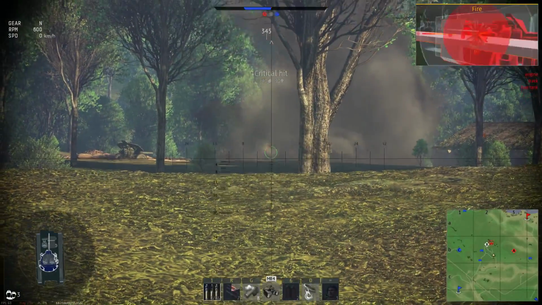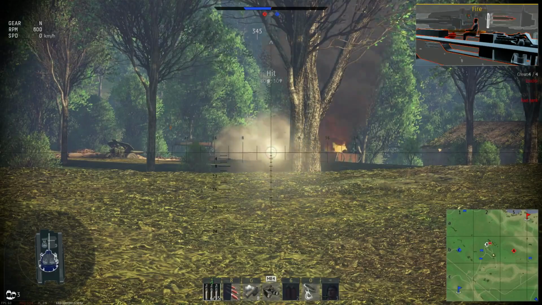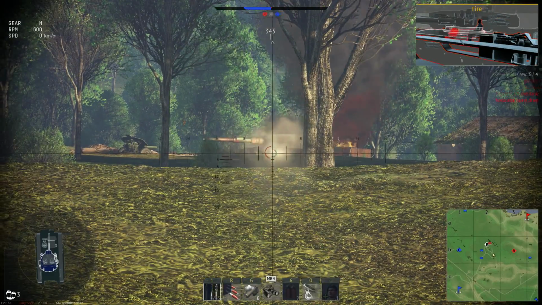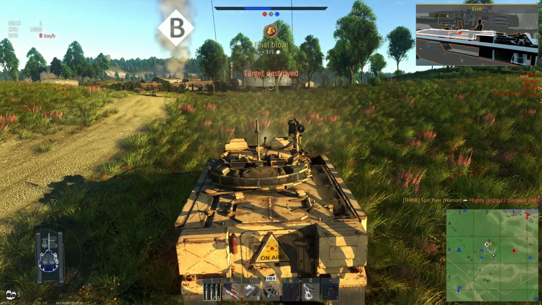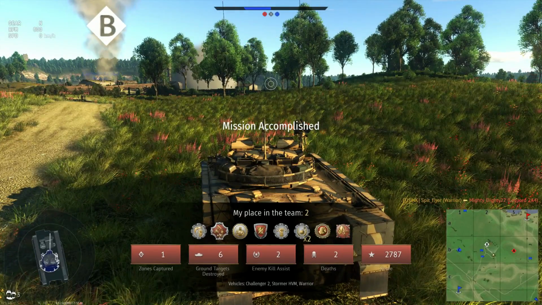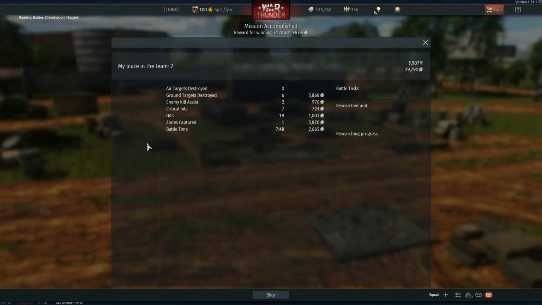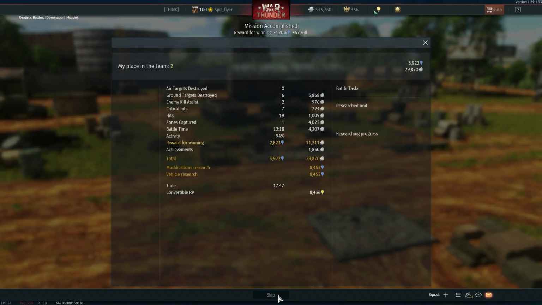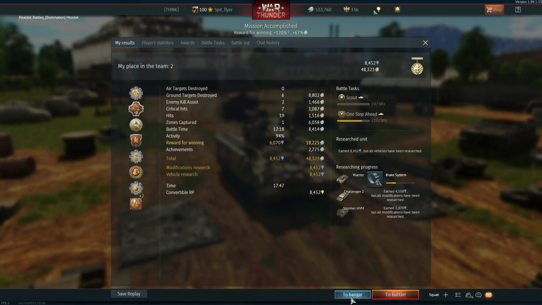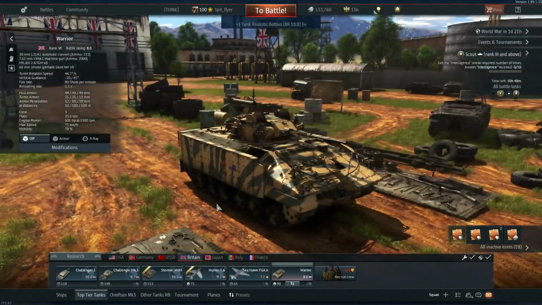A quick ATGM to the back of this Leo, and you can see the Leo's turned his turret around, and I've managed to get his gun up. Or his turret ring rather, and I managed to kill him and end the game. So, it's decent. Like you can do work with it, and it's probably the most interesting vehicle in the whole lineup. But ladies and gents, that is the British top tier lineup in a nutshell. Extremely specialized, kind of wacky, not really that great